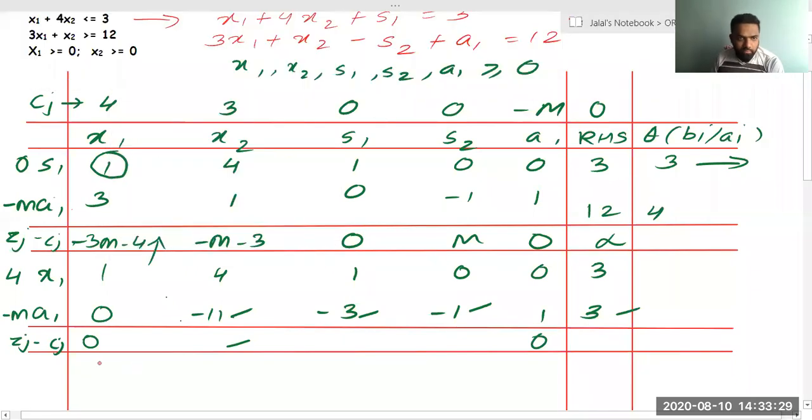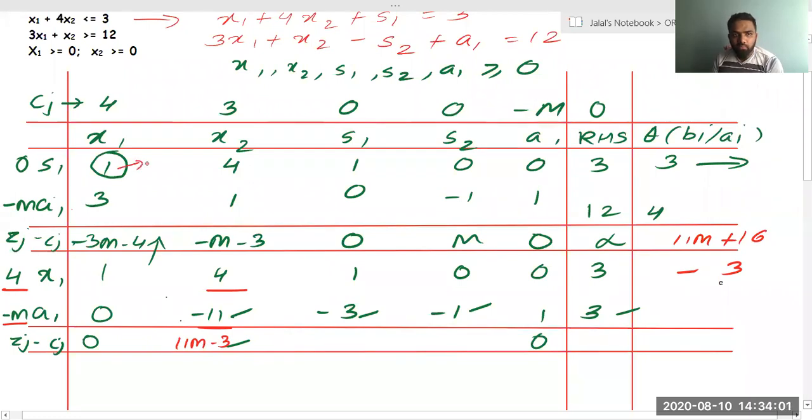Okay, so what I'm saying is, see, this 4 into 4 is 16, minus 4, 11 into minus m into minus 11 is plus. So 11m plus 16, right? Minus Cj. Cj is how much? Cj is 3. So minus 3. So what I'm getting is 11m plus 16 minus 3, right? So I've got this value as 11m minus 3 divided by 1, right?